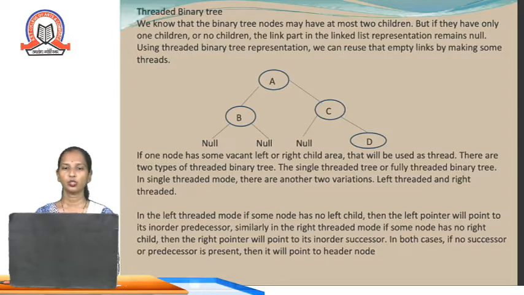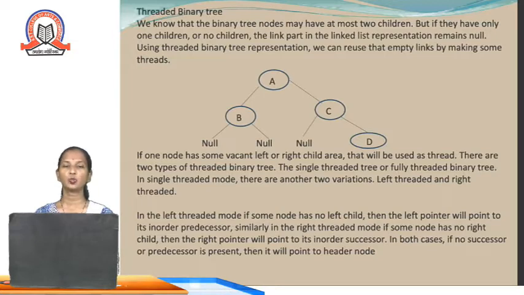node. For example, in the given tree, there are nodes A, B, C and D. For the child node B, there are no nodes, and for the child node C, there is again no node. So a null value is stored. So instead of storing these null values, why can't we store the addresses in this location so that the searching will be better? If we store some valid address at this particular location, then the memory can be saved.